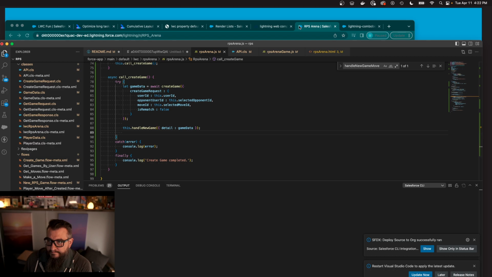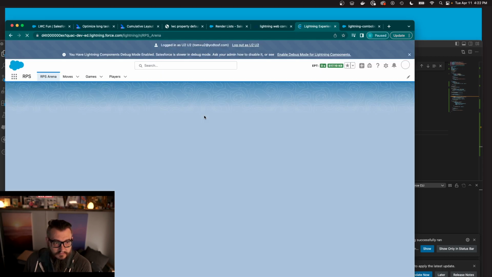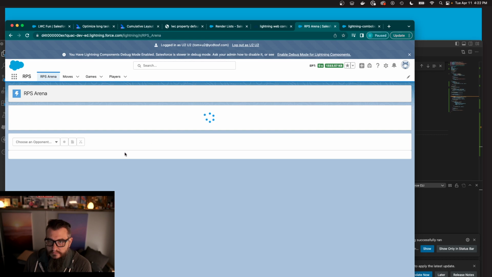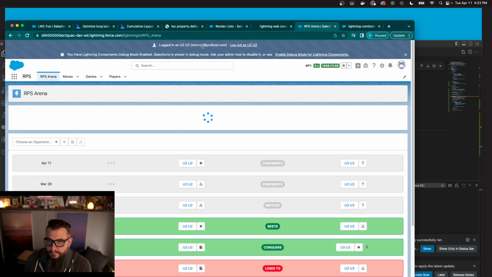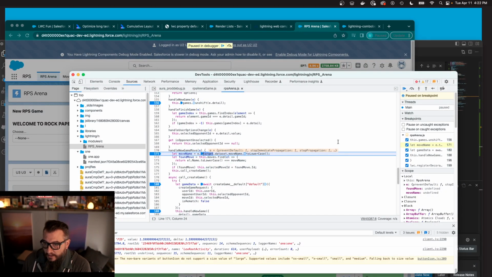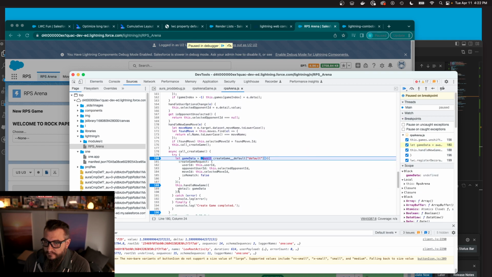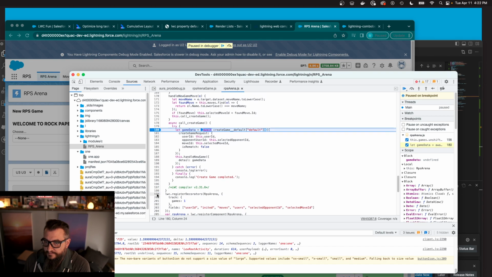All right, here we go. Logged in as U2, pick U3. I'll pick paper. I haven't done paper. That was working. We're good there. And let's move to here. And those got all jumbled, so